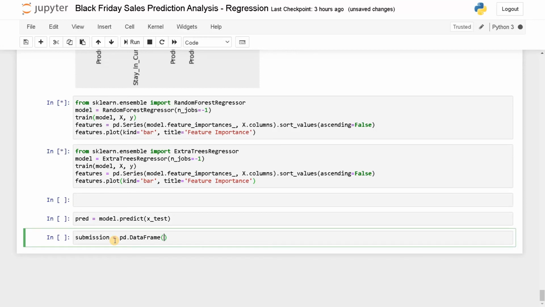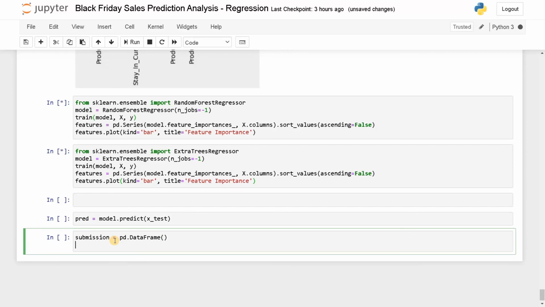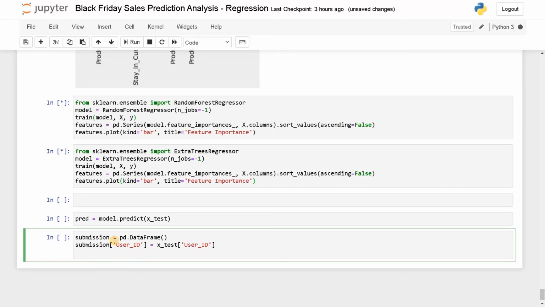There will be some unique ID. So submission of user ID, you will be using this user ID to indicate which ID it belongs to. So user ID equals, you can use the test user ID, let's say X_test of user ID. Okay, you have the user ID. Now you need to append the prediction output.